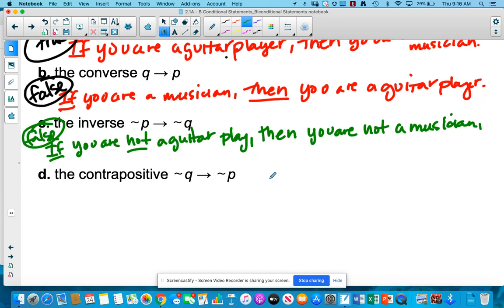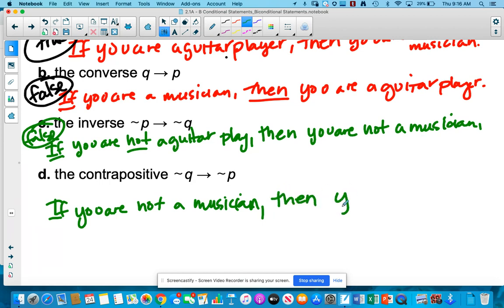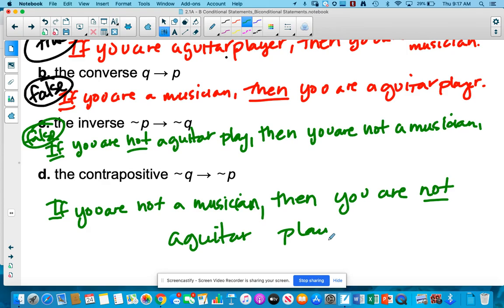All right, let's look at D. We're flipping it. So we're basically taking the same thing as the converse, but we're putting not in there. So if you are not a musician, then you are not a guitar player. Is that a true statement? If you're not a